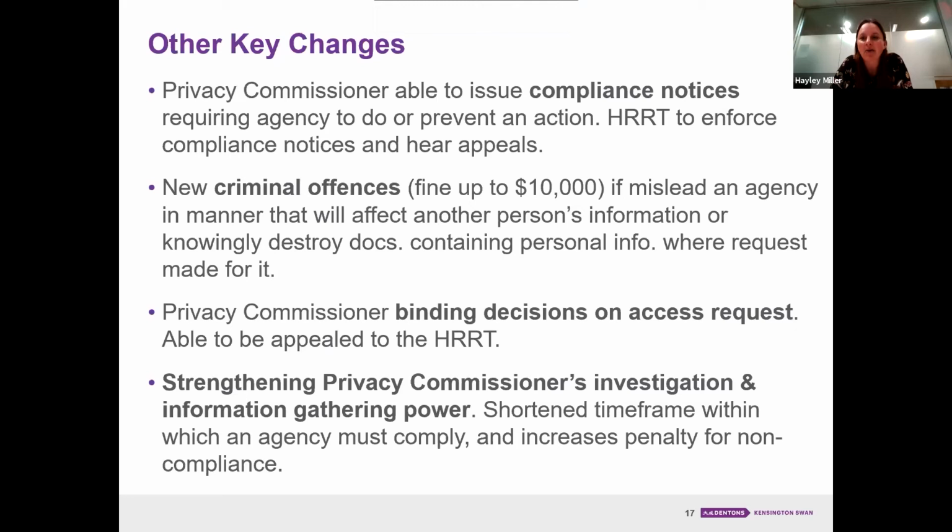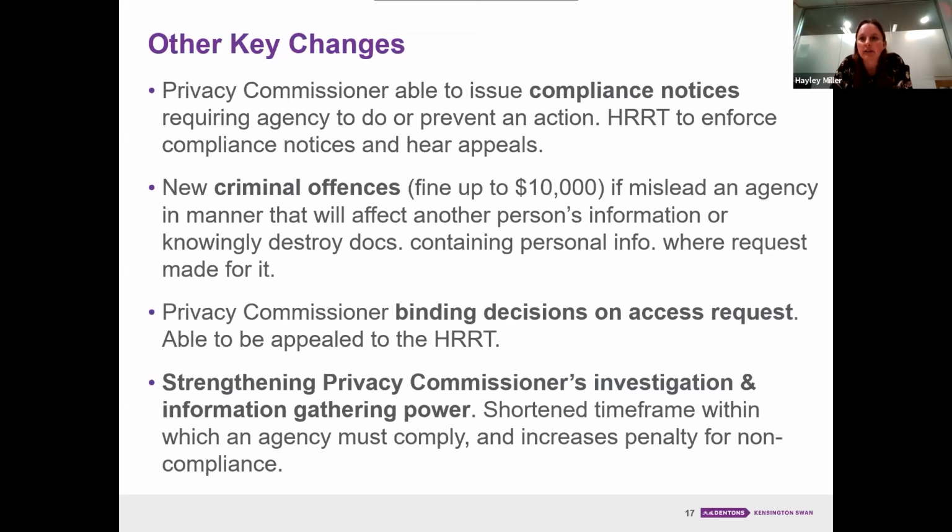Another one though, and hopefully none of you are in businesses where this would occur, but certainly having policies which make it clear that this is unacceptable. So if somebody does make a personal information request, so IPP6, in terms of wanting to essentially get access to the information that you've got about them, whether it's an employee, customer, supplier, if you knowingly destroy those documents where a request has been made for it, that in itself will now be an offence.